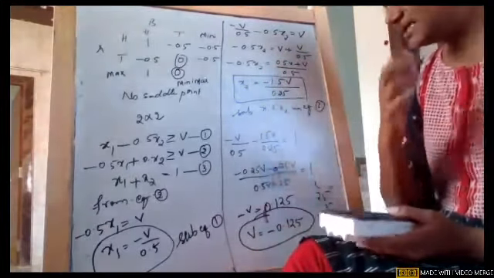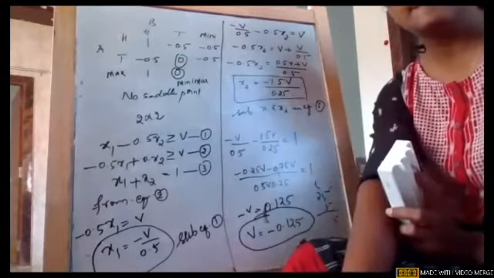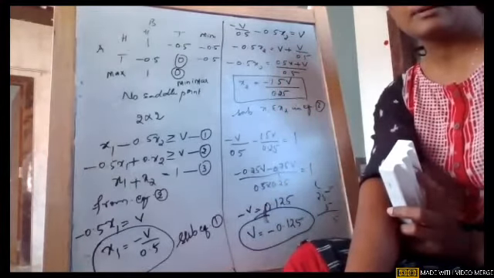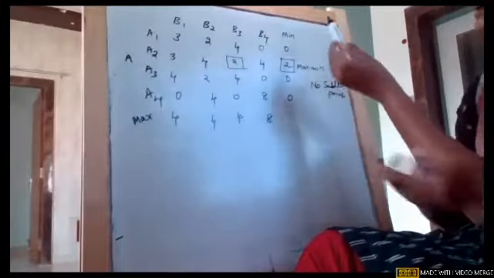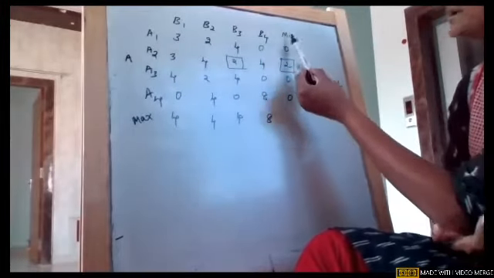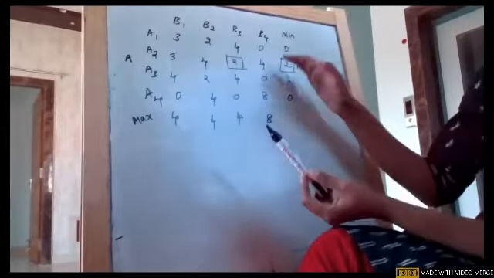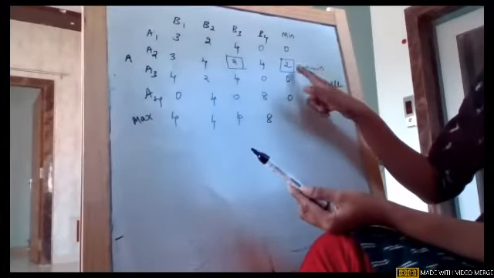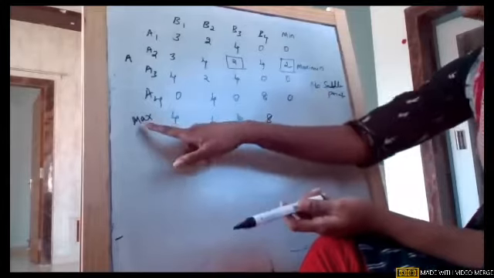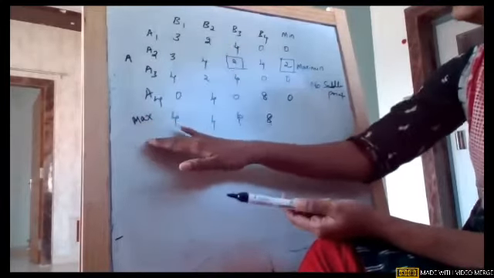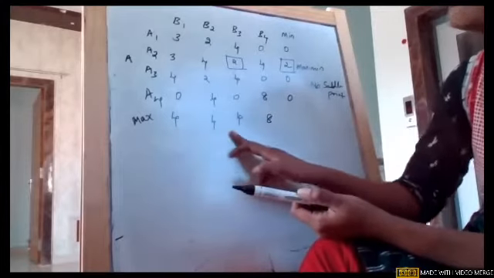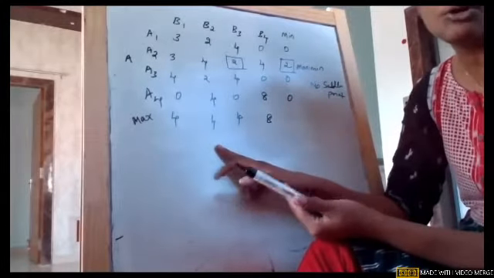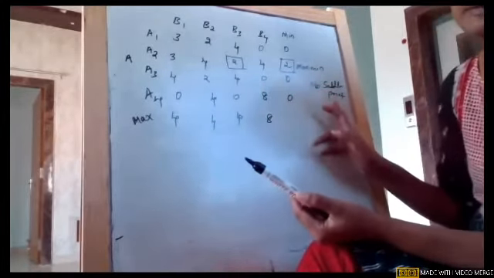Are you clear with this question? Can I erase this? Yes, ma'am. Okay, for this particular game, as it is not in recording, I'm just repeating: we picked the minimum values row wise. Out of that, we got one maximum value, we highlighted that. Whereas column wise, we picked maximum values, but in order to pick the minimax, all the minimum values are same. So there is no saddle point for the given matrix.